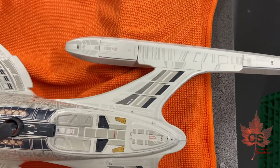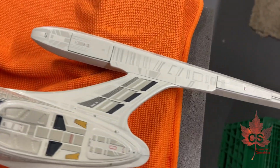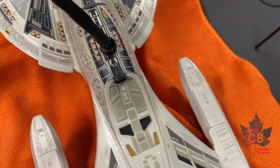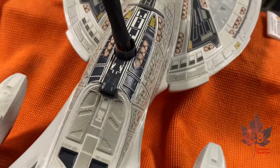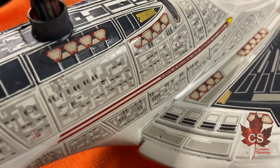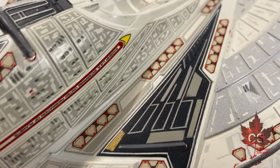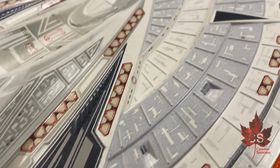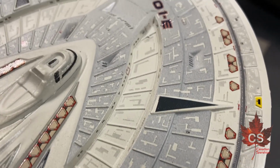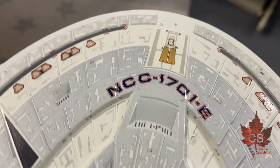There's also some gray pinstripe on the back of the nacelles that you can just see peeking into frame there. There you get a good shot of it there. Again, I thought that was probably going to be best served with some decals printed. This side, we didn't really get a good shot of the little details, so I just kind of tried to make it match in spirit what the starboard side looked like. And again, some of these panels in the trench, they're exactly taken from those studio model